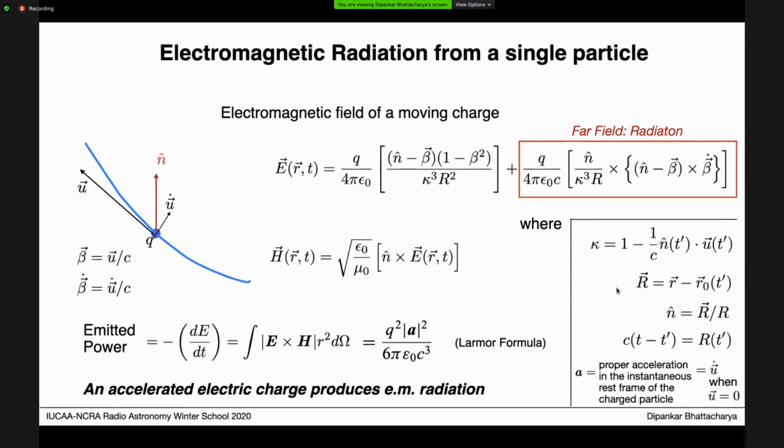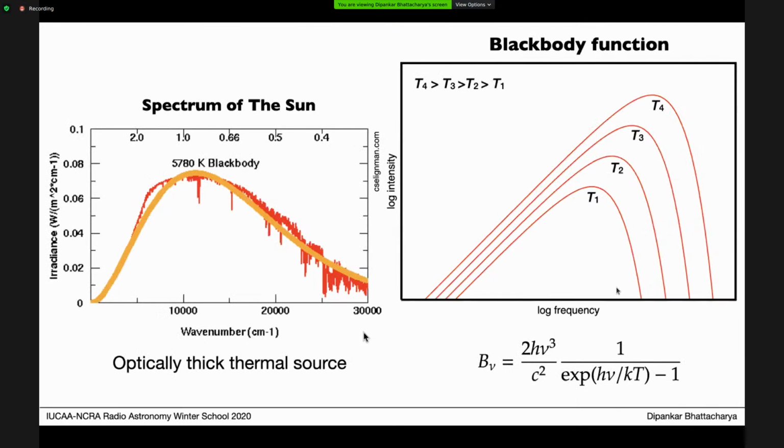One thing I wanted to mention but forgot to say is that all thermal sources would produce a blackbody-like function as their intensity distribution if they happen to be optically thick. Now, what does one mean by optically thick? We'll come to that as we go along in this lecture. So any optically thick thermal source is going to produce a blackbody emission. And the stars happen to be optically thick thermal sources. And so they all produce this blackbody emission.